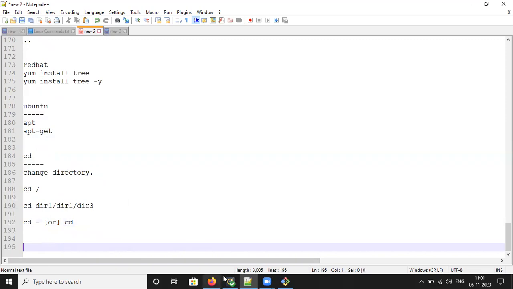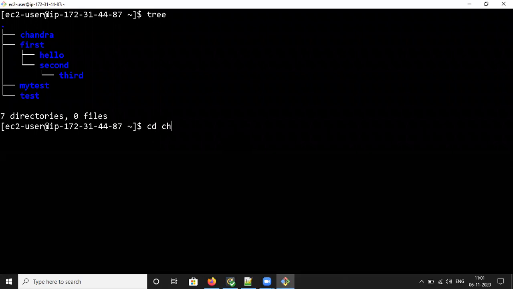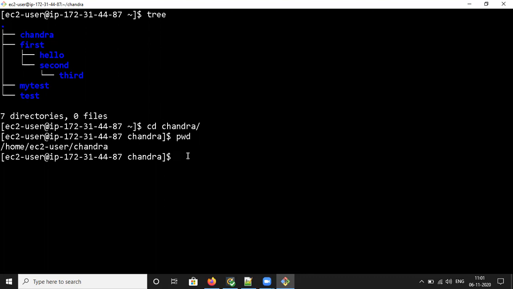Now we will check this. Now these are the commands. cd, going to the Chandra directory. So previously, now we are going to use print working directory. It will print the current working directory, home ec2-user Chandra. So I want to change to the previous directory or any other directory.